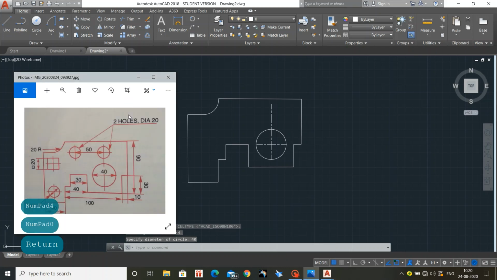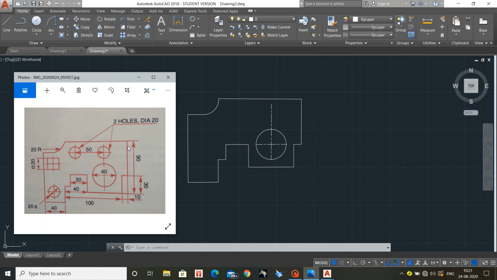And the distance between those big circle and the small circle, what is the height? So we need to calculate that. See, what is the height? The diameter of the upper circle is 20 and here is 40, and the total height from the center point of the larger circle to upper line is 60.